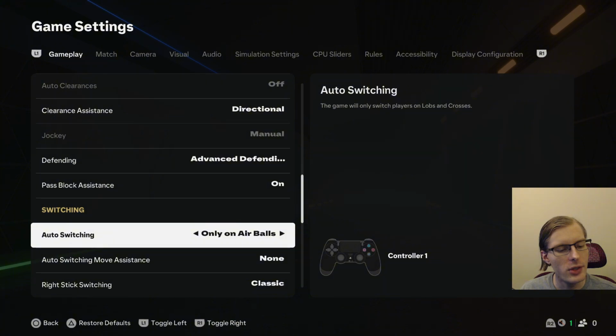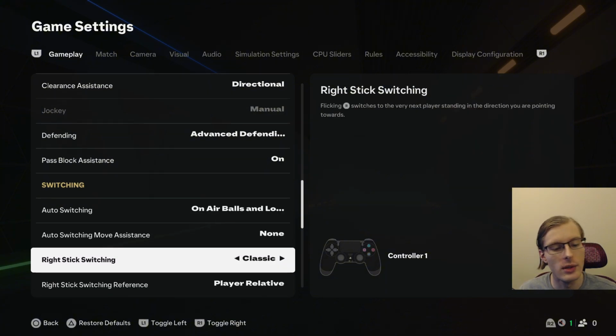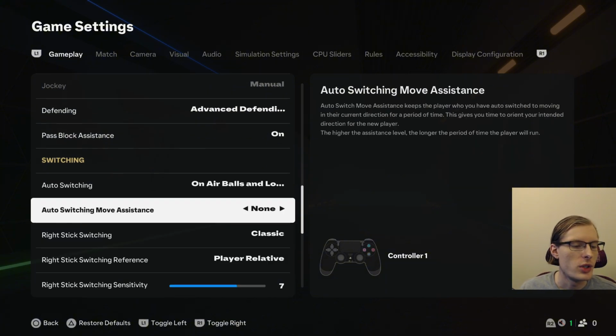Auto switching, I've tried only on loose balls just so it stops automatically switching me on corners, and it didn't do anything. It still just kind of moves you around randomly on corners, so on air balls, on loose balls, this is what pretty much everybody uses. Auto switching move assistance, I think, is the...